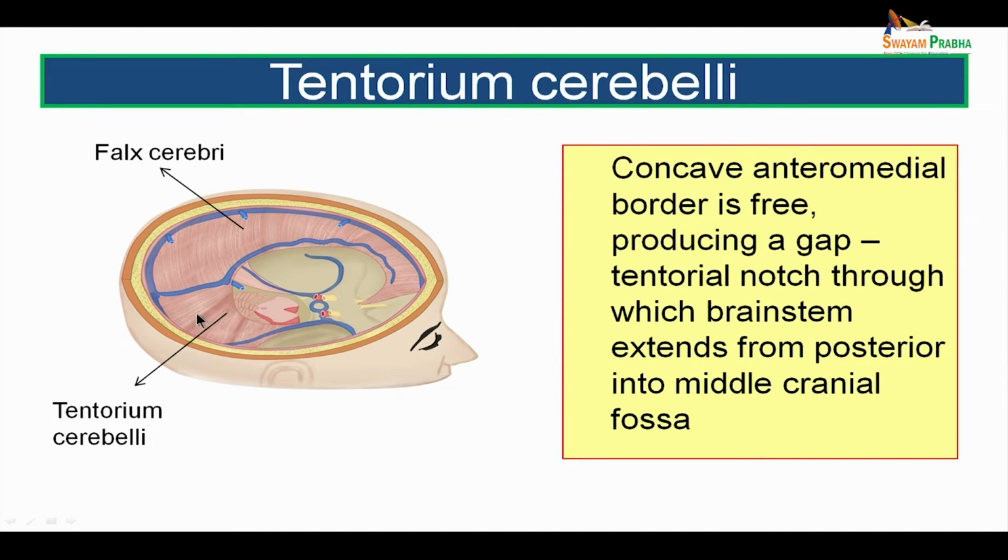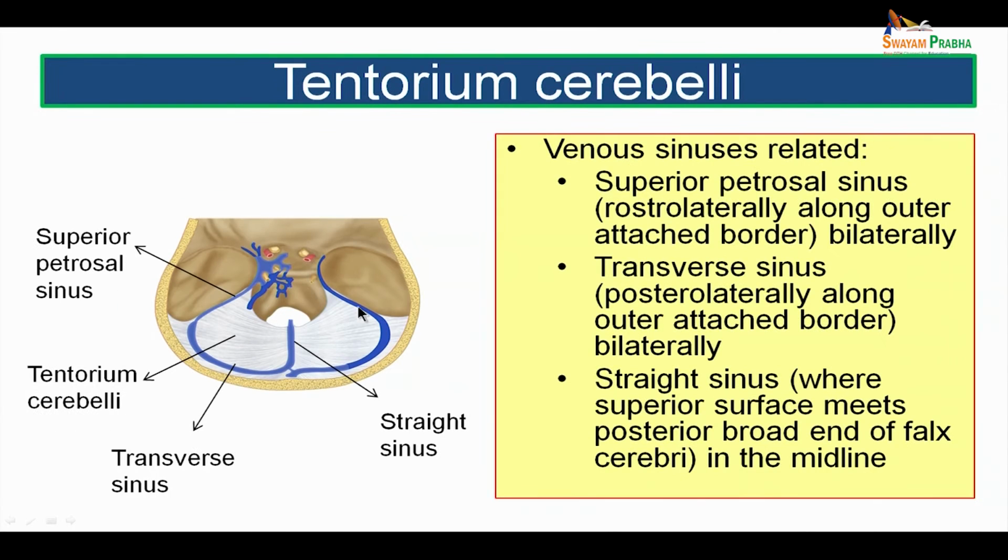What is seen here in this picture is the Tentorium cerebelli, and this is the free U-shaped tentorial notch through which the brainstem passes. What are the venous sinuses related to the Tentorium cerebelli? The superior petrosal sinus is situated rostrolaterally along the outer attached border on both sides. The transverse sinus is situated posterolaterally along the outer attached border bilaterally, while the straight sinus is seen on the